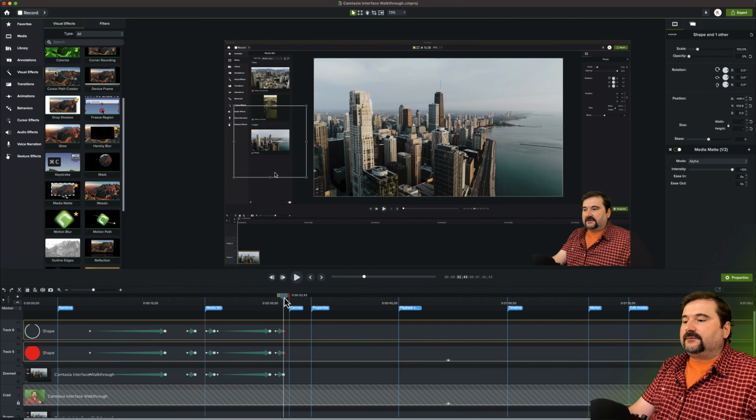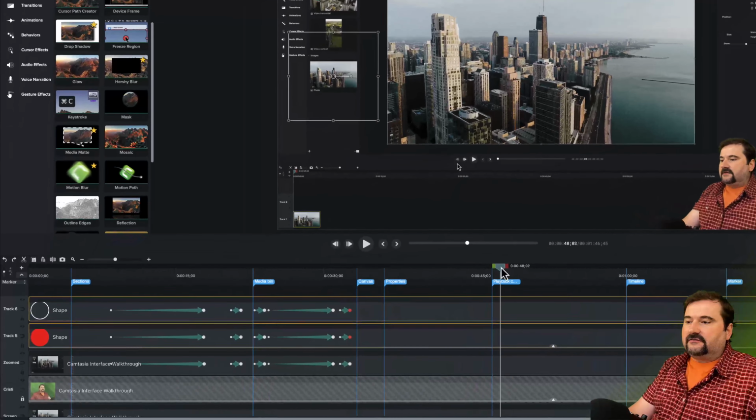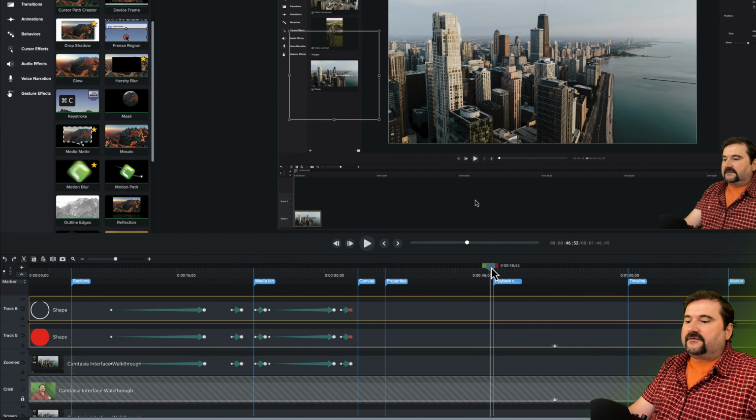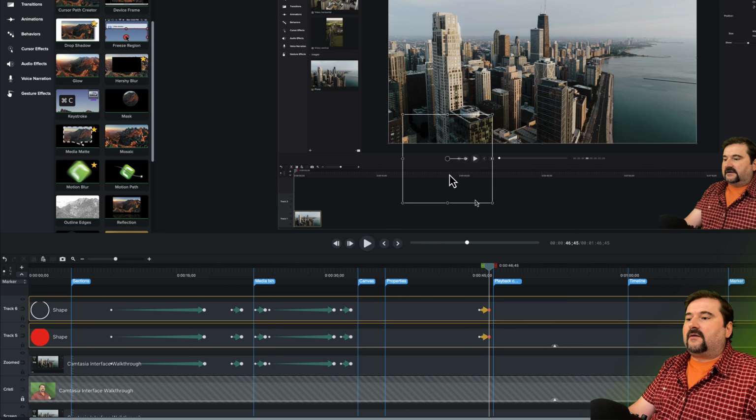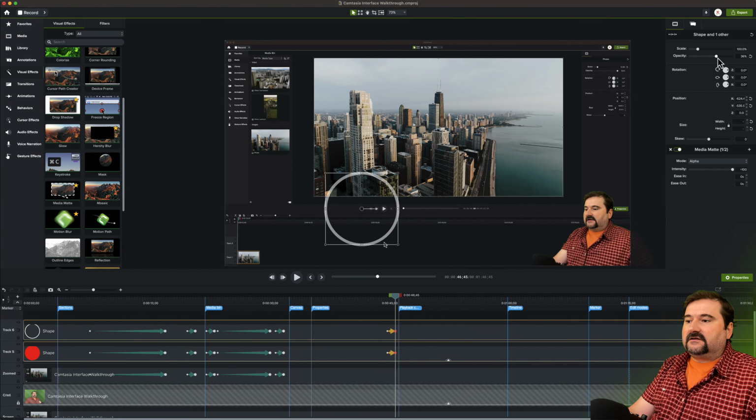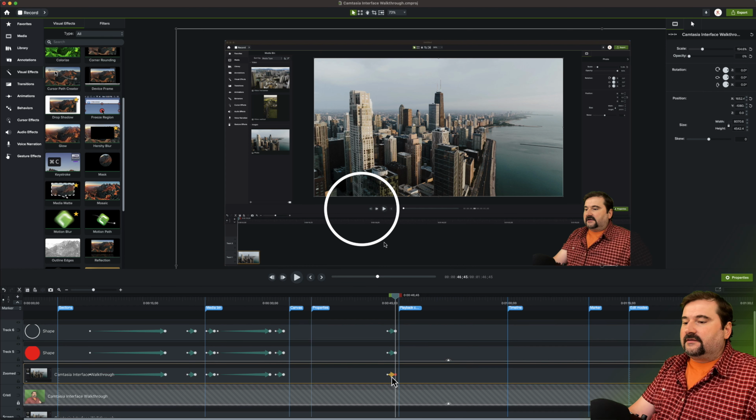And now I need to put the playhead where I want to start this animation. So I go back here where before I start talking about the playback control, you see right there, I'm putting my mouse over it. So before I do this, I am going to move my objects in here and put them right there at the beginning of where I want to talk about this. And let's turn them on, opacity 100. And then let's also move the video, select the zoomed video layer, put the opacity up on this one too.